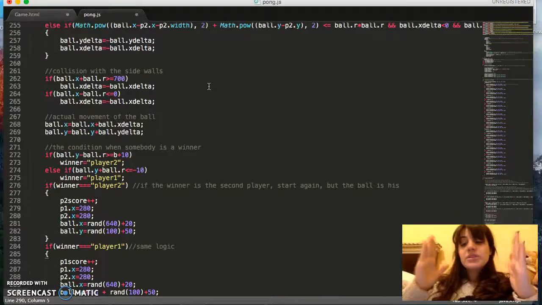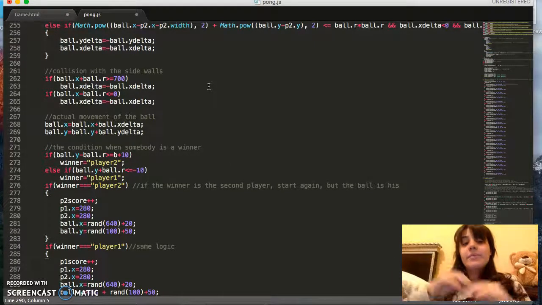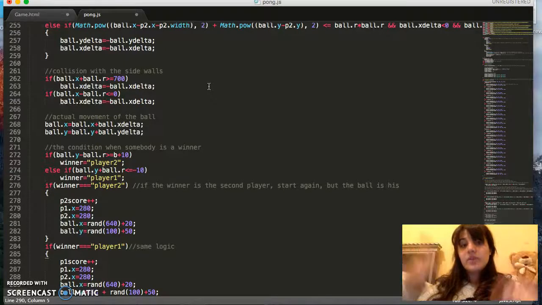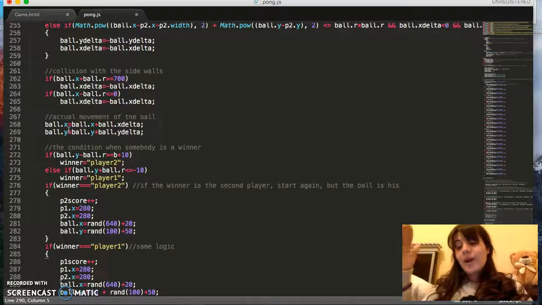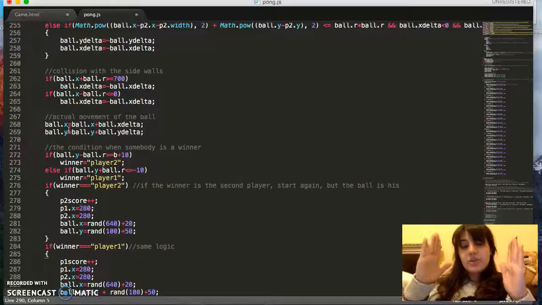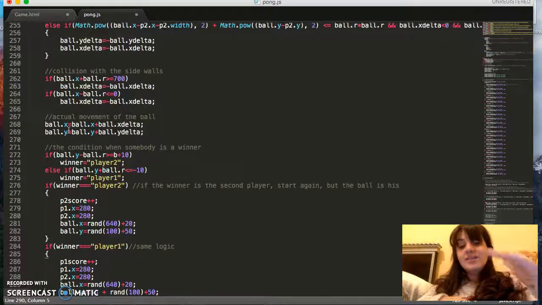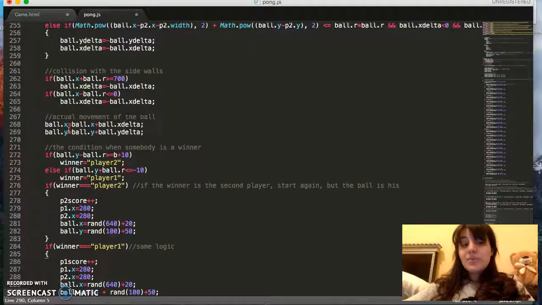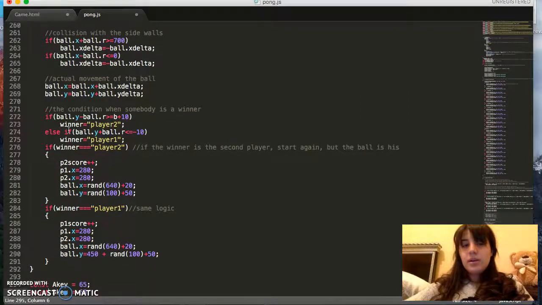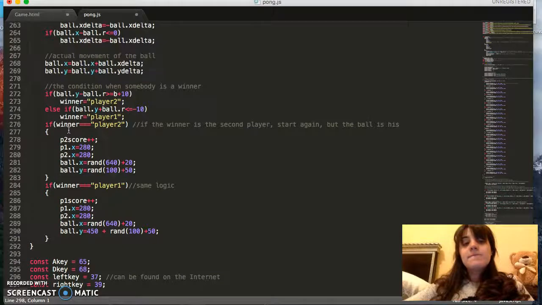So my canvas is limited and I don't want my ball to be outside of my canvas. That's why I say ball.x is equal to ball.x plus ball.x delta. I mean it can make a change while it's inside my canvas, and y can be changed while it's on my canvas. It can go out of my canvas, I mean from these borders. So it's important to mention that if my y delta, we need to understand that